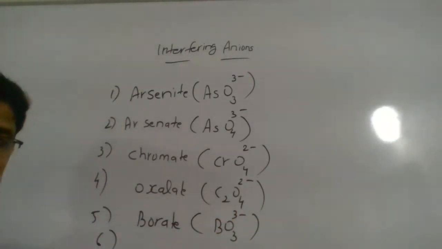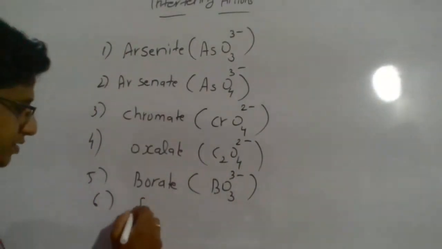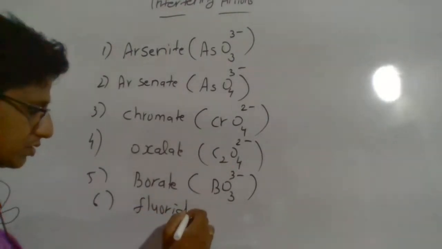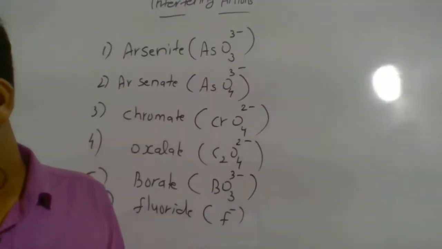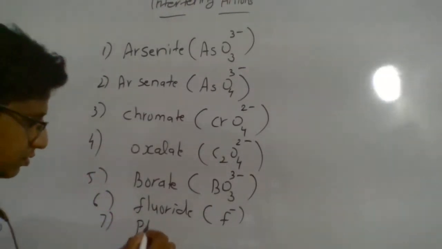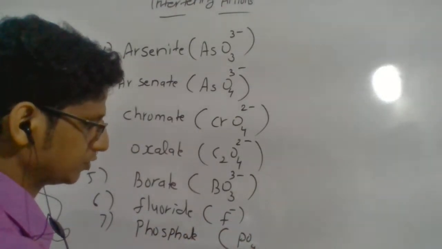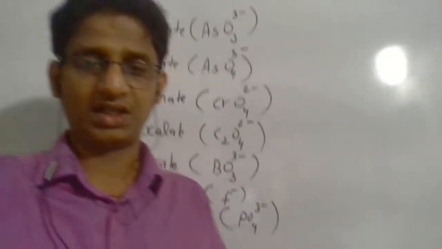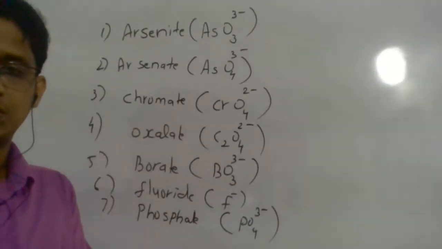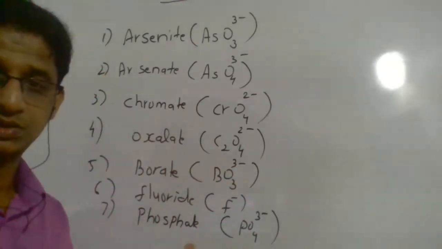Sixth one, after borate, is fluoride, F minus. Then one more, that is phosphate, PO4 3 minus. So these are the interfering anions, and this is especially important, because during the cation